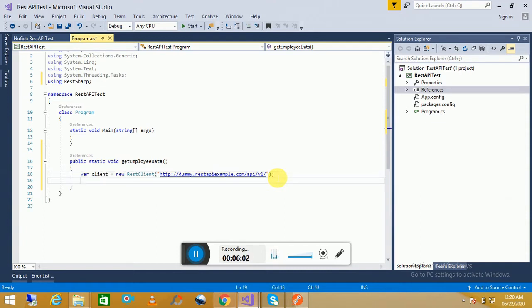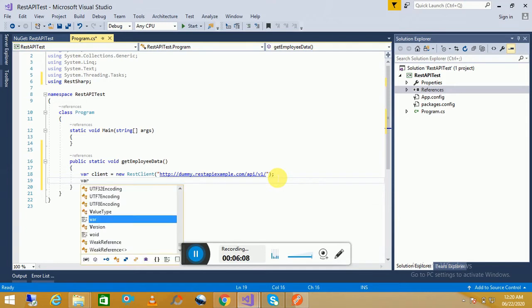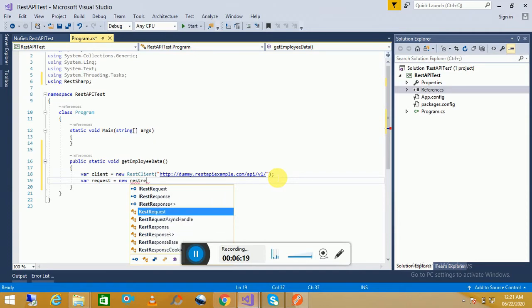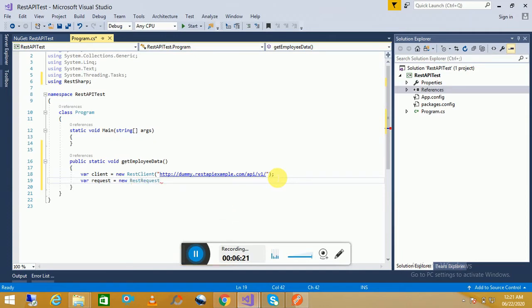Now I have to create a request object. So here we will pass the method which we want to call. Here is our method.